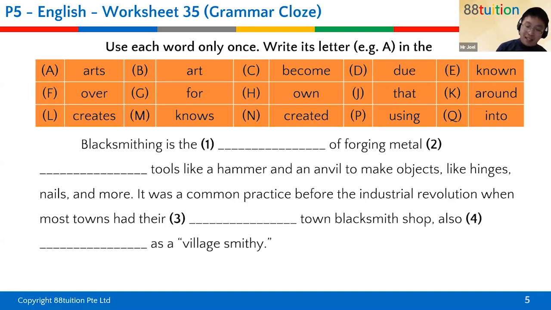Now, if you don't know what blacksmithing is, they call these people blacksmiths. It's not because they are that color or whatever, but they're called blacksmiths because they are always covered in soot from the coal fires that they have to stoke. The fires are so hot that they have to constantly feed them with coal, and that coal smoke is all over them. So when they walk out, you see them always covered in black soot. And that's why it's called blacksmithing in the first place.